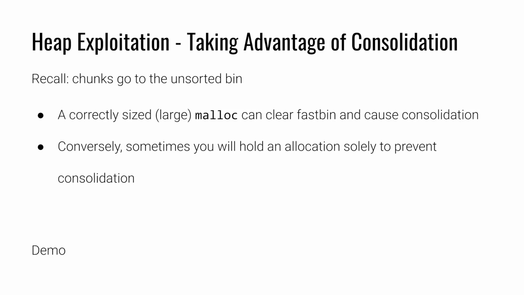They're all kind of given that extra life to see if the chunk can come back from the unsorted bin. Well, we can control what happens at the unsorted bin. A correctly sized, like a large malloc, can clear the fast bin and the unsorted bin and cause consolidation. Similarly, maybe there is an allocation that I do not want to be consolidated, but I still want to clear